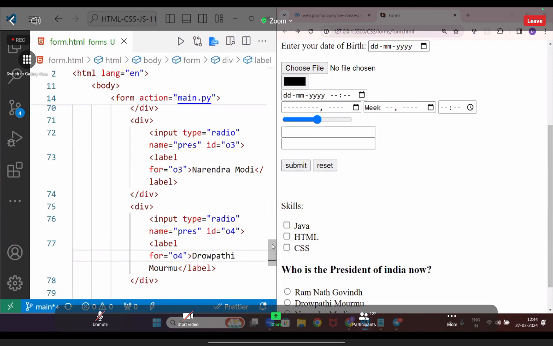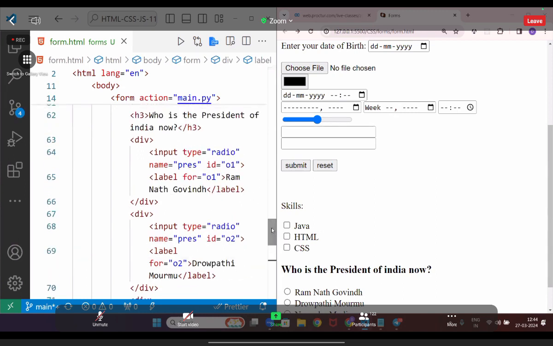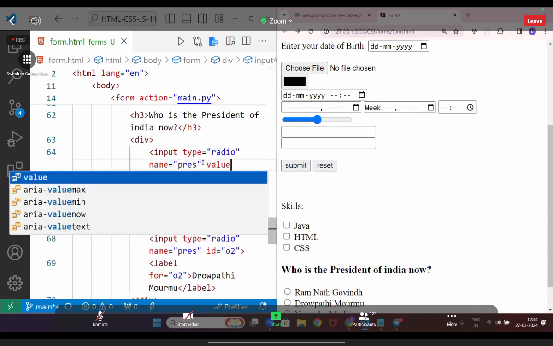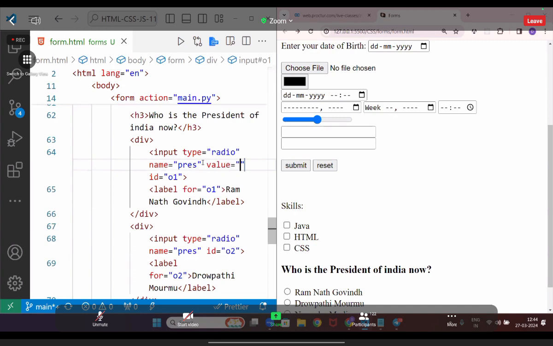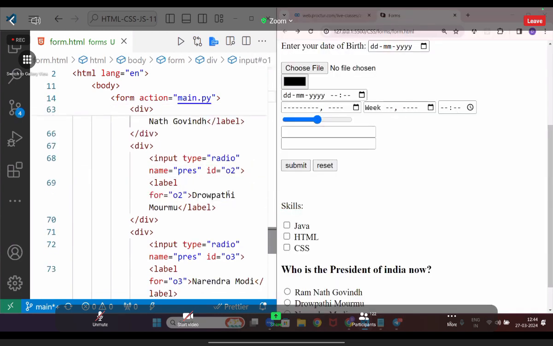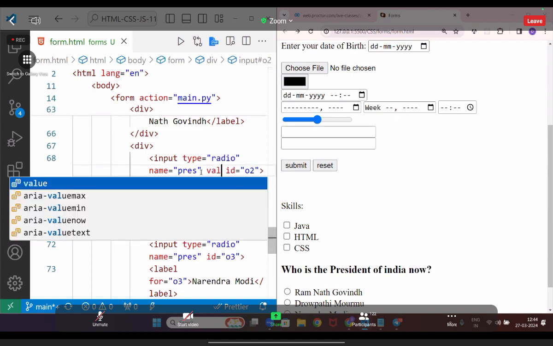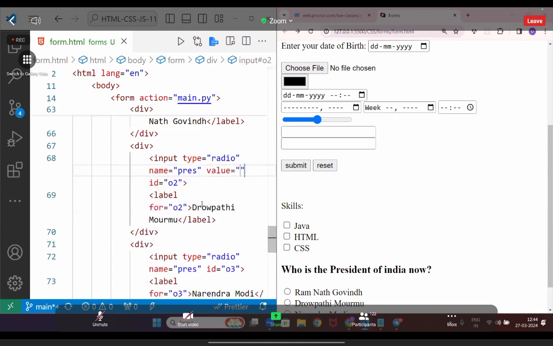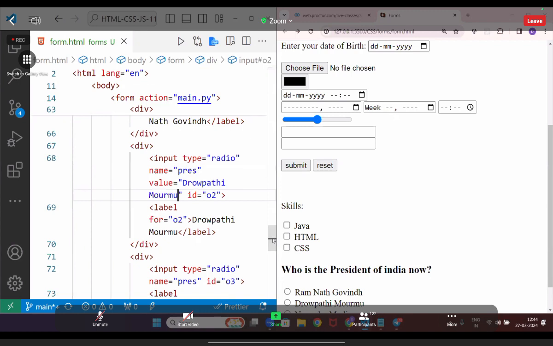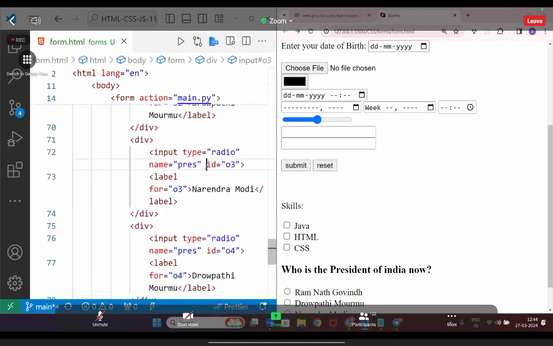Sir, am I giving any values? I should give values also, na, each time. That is very bad. Like what values I wanted to pass. Value. Here, the names. And here the value will be passed. Values are by default filled, okay, with this value. So if I click on this particular one, it means I am selecting this value, okay. Now here